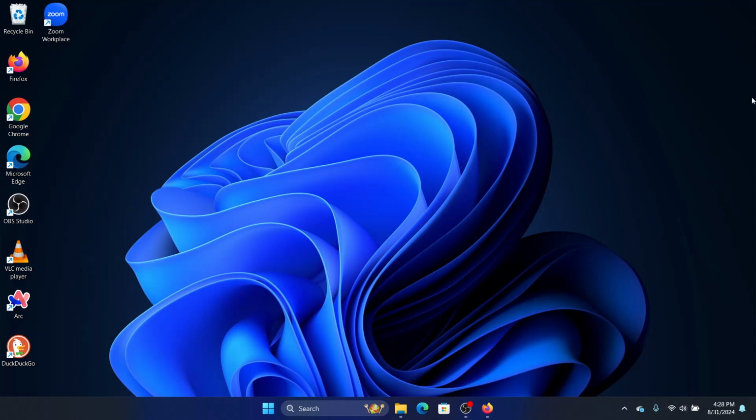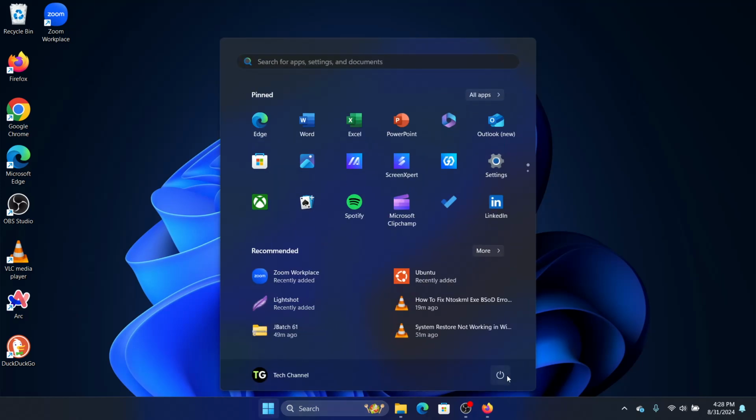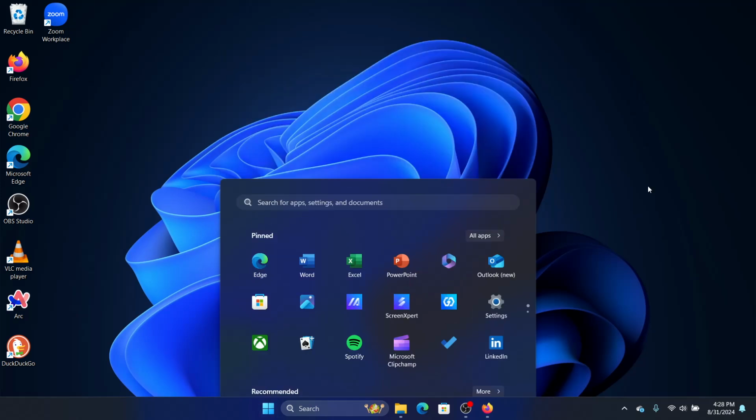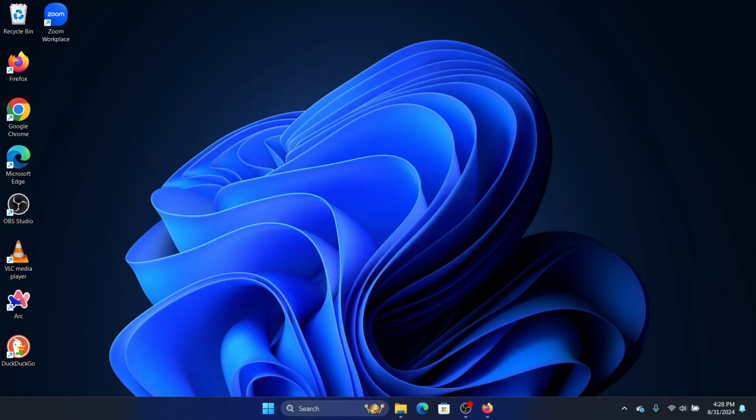uninstall the updates. So what we need to do is we need to again press shift, or we can click on start. We need to press shift, the power button, and we need to keep pressing shift on the keypad when we restart. Now this will force the system to go into the advanced options mode, which is a blue screen. In the advanced options mode, you click on troubleshoot